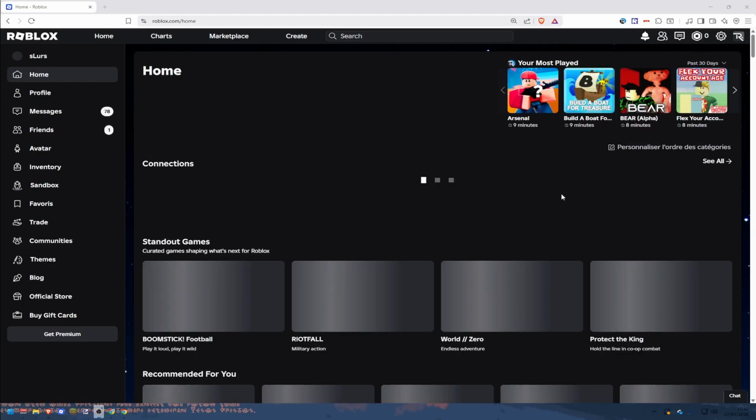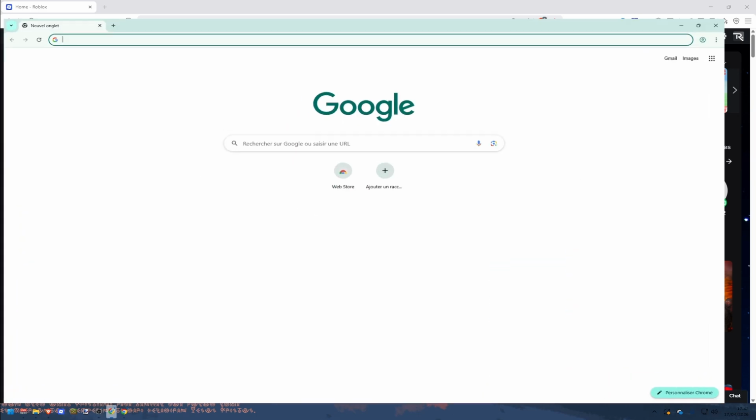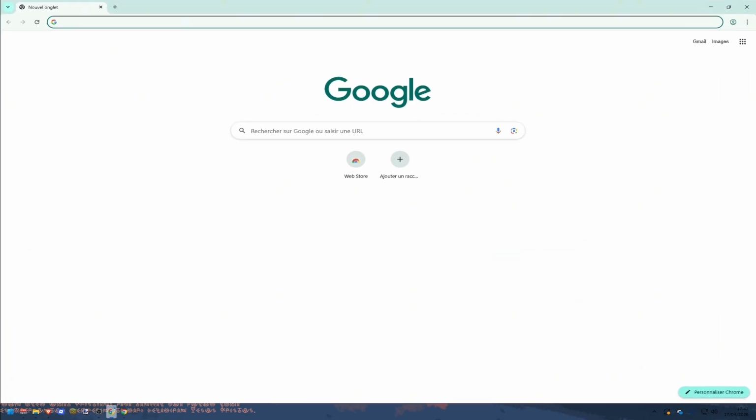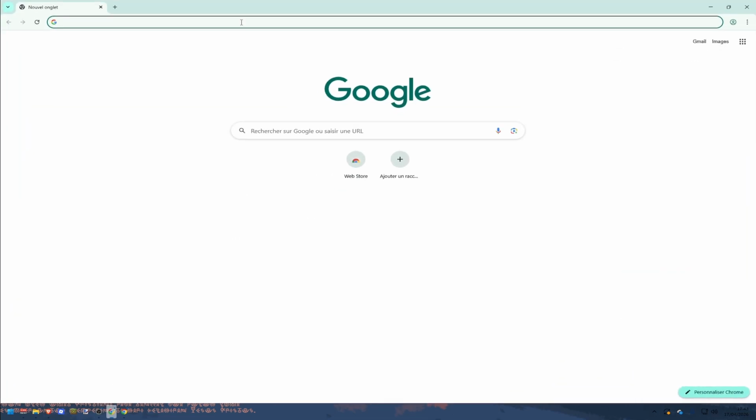So this is just a tool with Python that helps you collect info about, well, collect members of a Roblox group. So I'm just gonna show you it. So it's really,